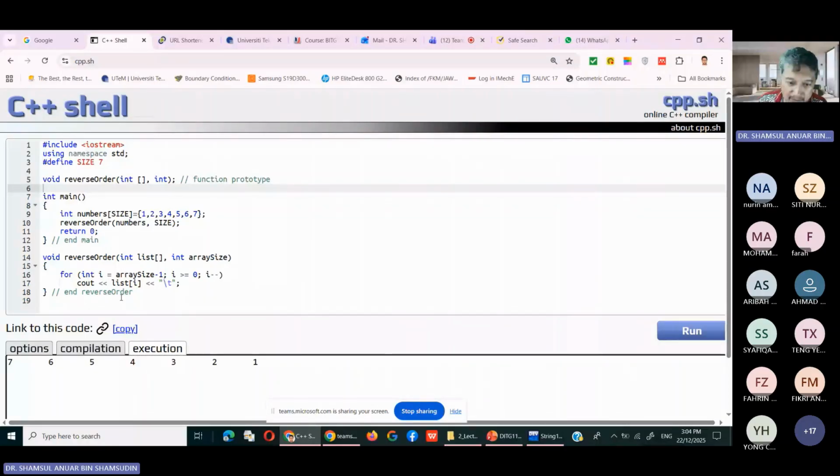Array size is 7. 7 minus 1 is 6. So from 6 to 0 in a descending order, from 6 to 0, and then the list will be put. So even though here the input is numbers,